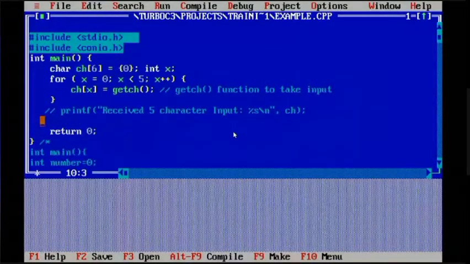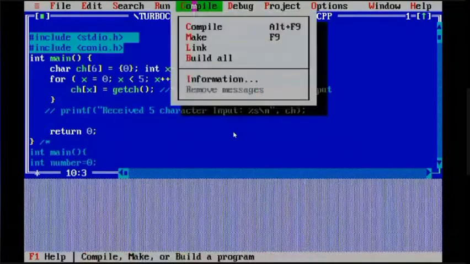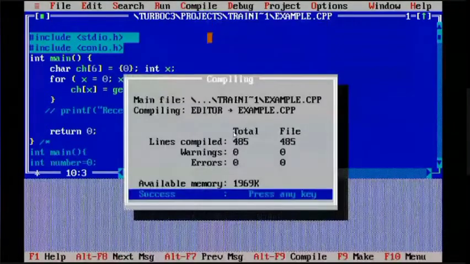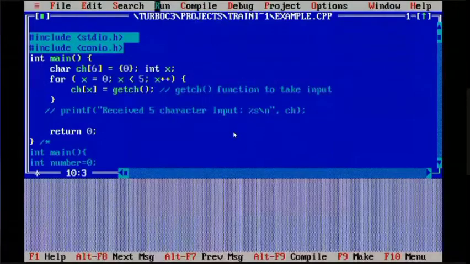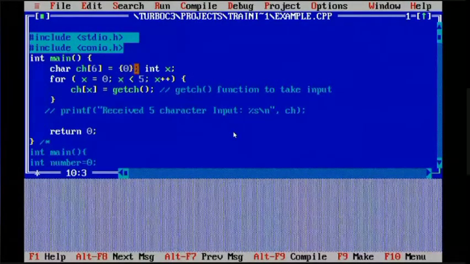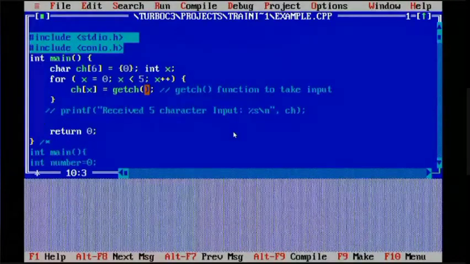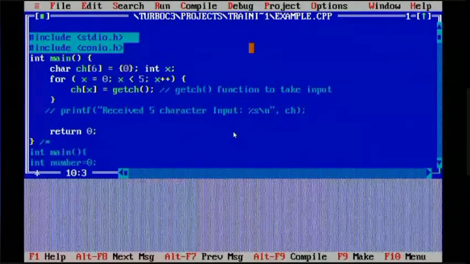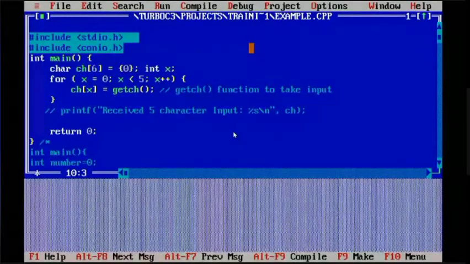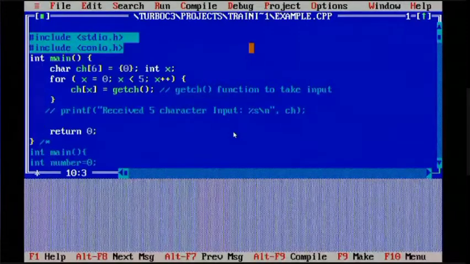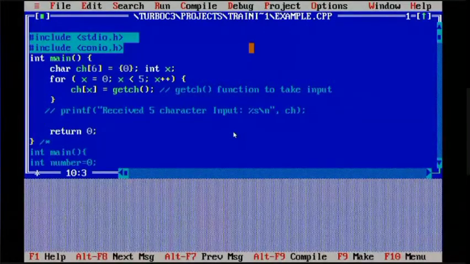Suppose this program, what you have just now seen, let us execute and see. Here we have taken char C, and the first element we have given as 0. Char C means it can hold 6 characters at a time. It is a house having 6 rooms.